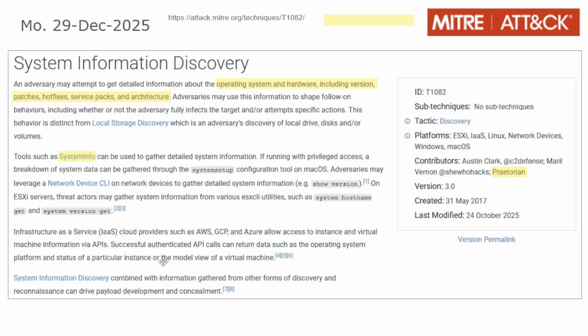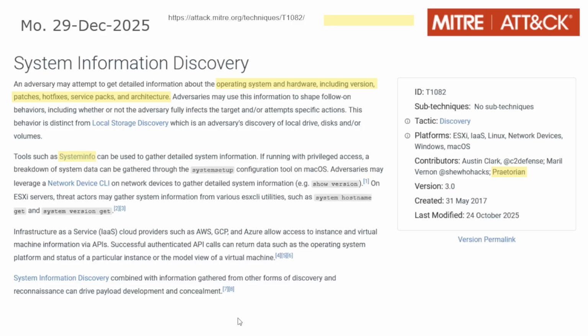So successful authenticated API calls can return data such as the operating system platform and status of a particular instance or the model view of a virtual machine. Yeah, so it is cloud and it's on-premise. That's the takeaway here, where you can do discovery. And then it says system information discovery combined with information gathered from